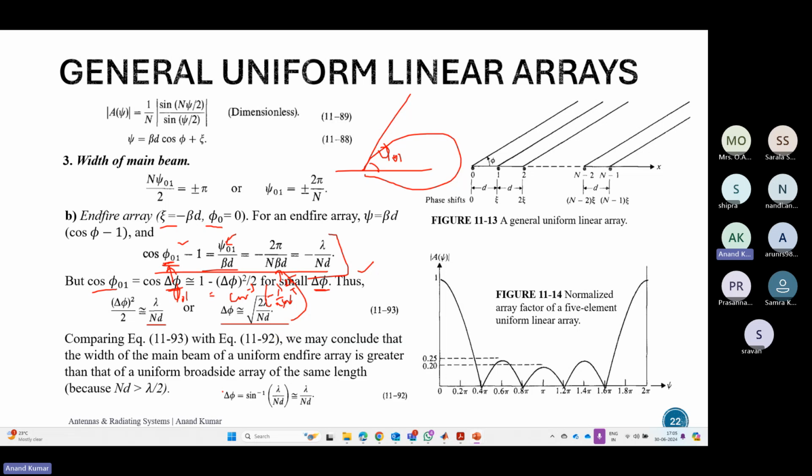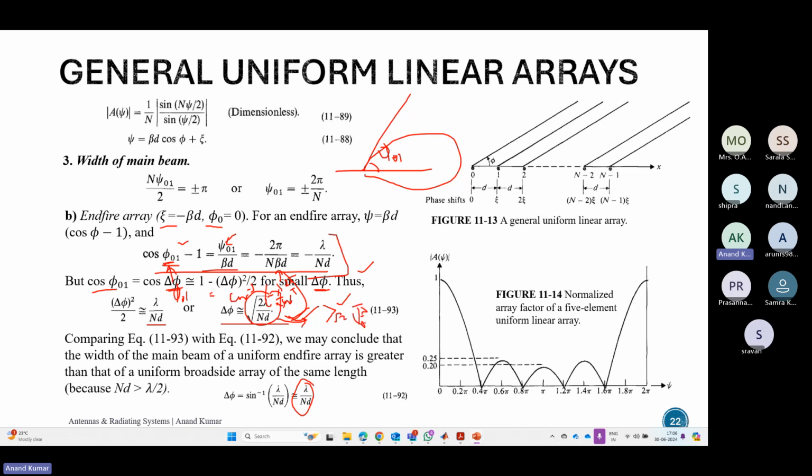So if we compare the beam width of the broadside, which is this expression over here, and this is for the end fire, we see that this end fire is actually greater. The beam width of the end fire is greater than the broadside. So that's one observation. Essentially you can write this as root over 2 and root over